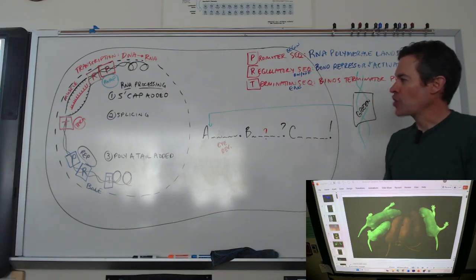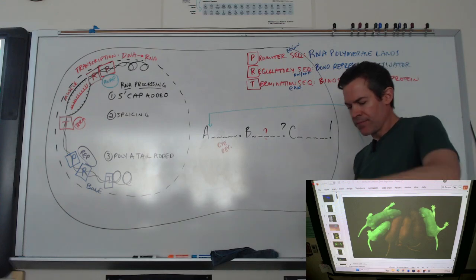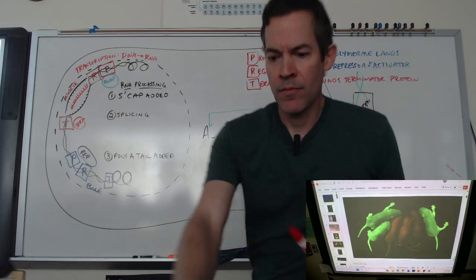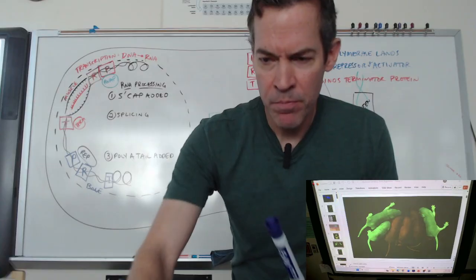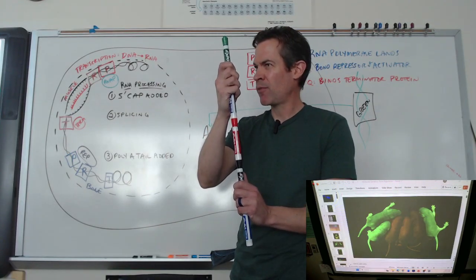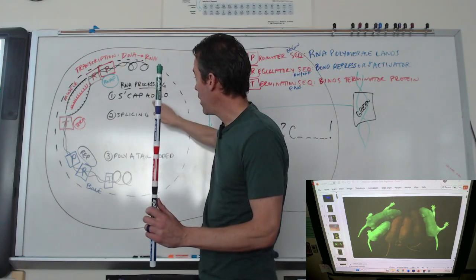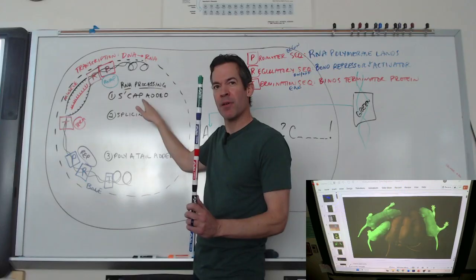All right, so 5' cap is added. What that means is normally my RNA is put together a certain way. You know how there's 3' and 5' from before we left for winter break? A 5' cap is just on the front. I think of cap as the top.